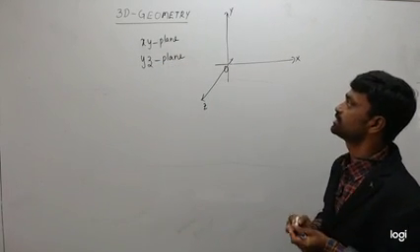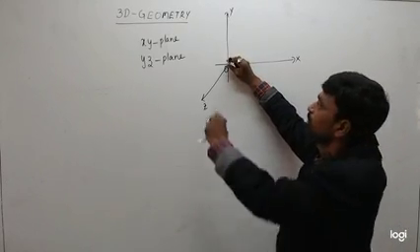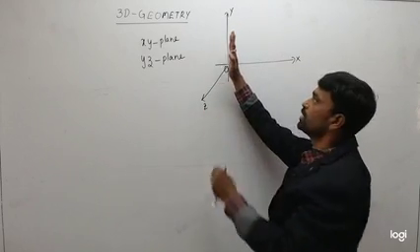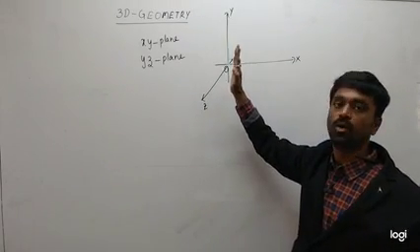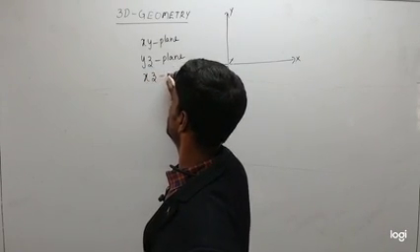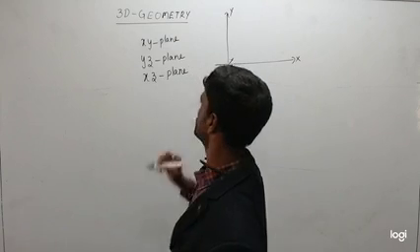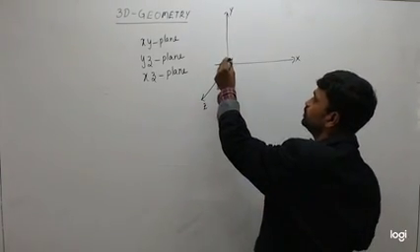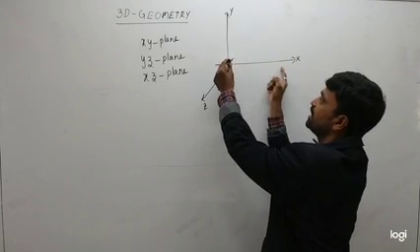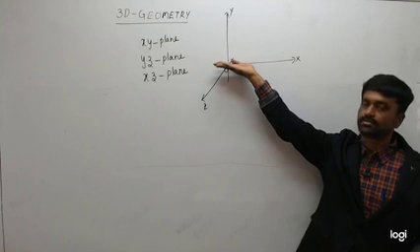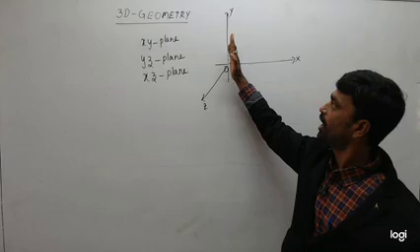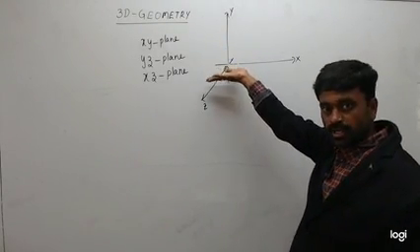Next, the plane which is passing through the y-axis and z-axis is called the YZ plane. The plane passing through the y-axis and z-axis is this. You have to imagine like this. So this plane is the YZ plane. Now the plane which is passing through the x-axis and z-axis is called the XZ plane or ZX plane. This is the x, this is the z. So that ZX plane will be like this. XY plane is the board, YZ plane is like this, and ZX plane is like this.